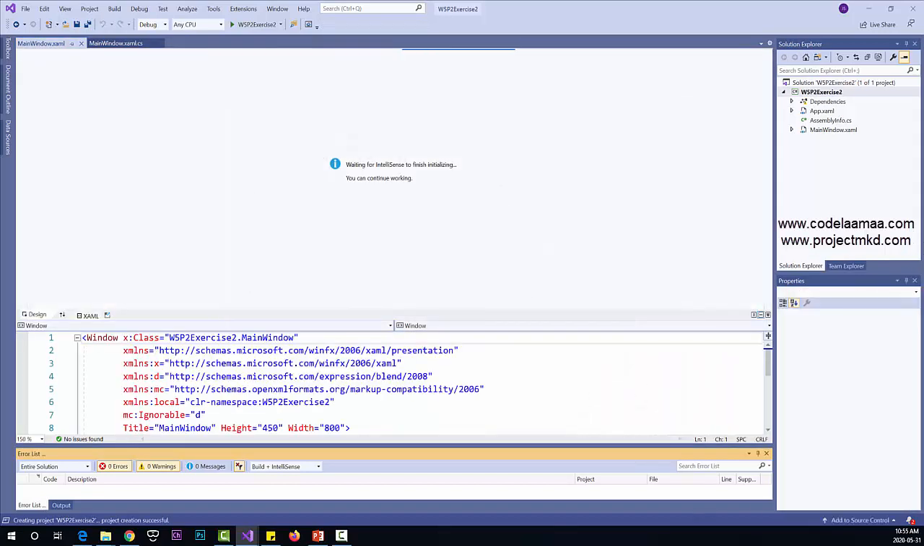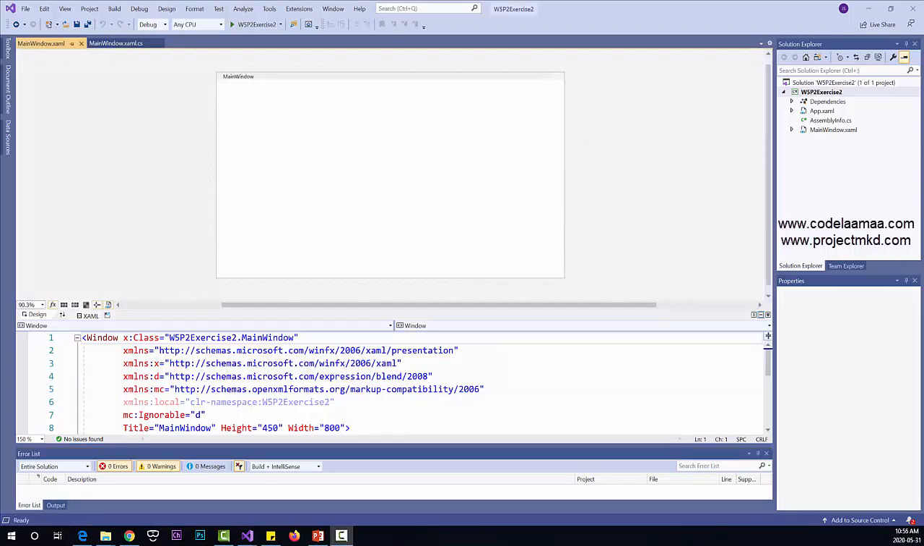All right, and so we have our workspace generating here. So let's start with creating a new window. We have main window here, but we're not going to use main window. What we're going to do is instead have another window, call it login window, and we're going to have that launch first. So let's right click on our project here,